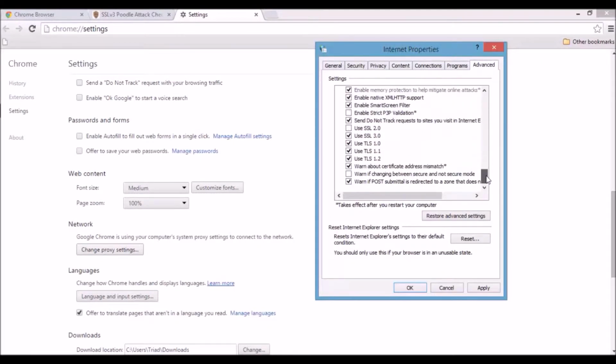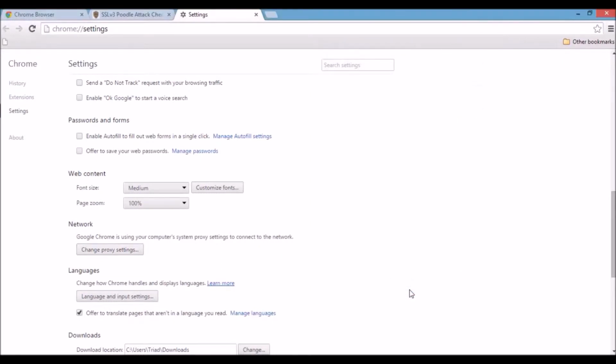If you come down here, SSL 3.0 is enabled. To disable SSL version 3.0, just uncheck that option and click on apply. That's it. Now restart the browser.